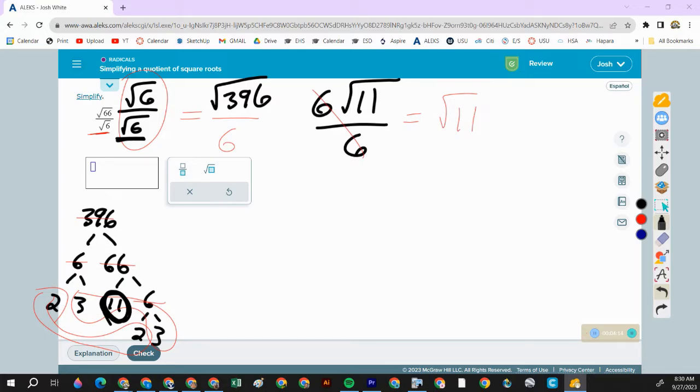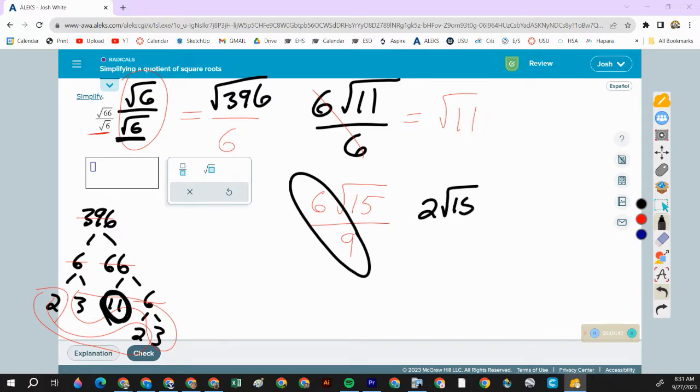What if I had 6 root 15 over 9? Could I simplify that further? Well, what do 6 and 9 have in common? A 3. So that would be 2 root 15 over 3. Can I simplify that further? Well, do 15 and 3 have anything in common? They do,